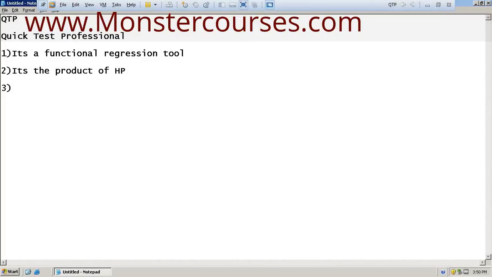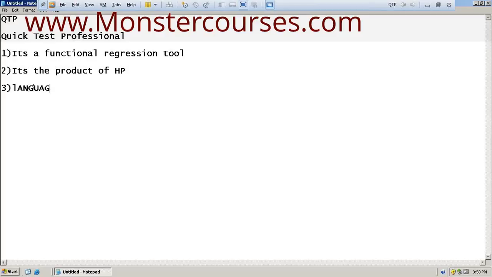How do we automate, in the sense, whatever test cases are available, we'll go through, we'll understand, and we'll convert that process into a set of instructions. Converting those set of instructions using the scripting language called VB-script. In QTP, we use VB-script to define the set of instructions for making the tool run the application or test the application.